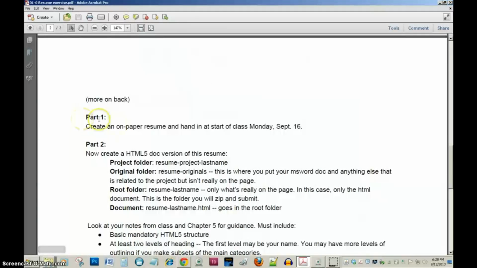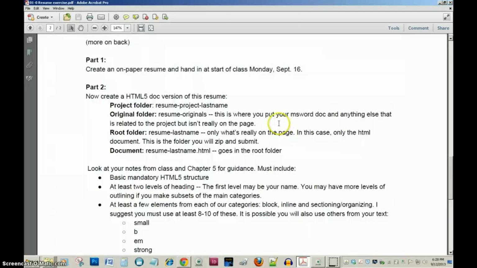So that was part one, which is to create an on-paper resume and hand it in at the start of class Monday. Maybe just reworking the one you already have. Keep that Word document around, right? Because you're going to reuse it. If you wish, you could start on part two, which is to create an HTML5 document version of this. Of course, you have your folders: project folder, original folder, root folder, the document itself, what will it be called,